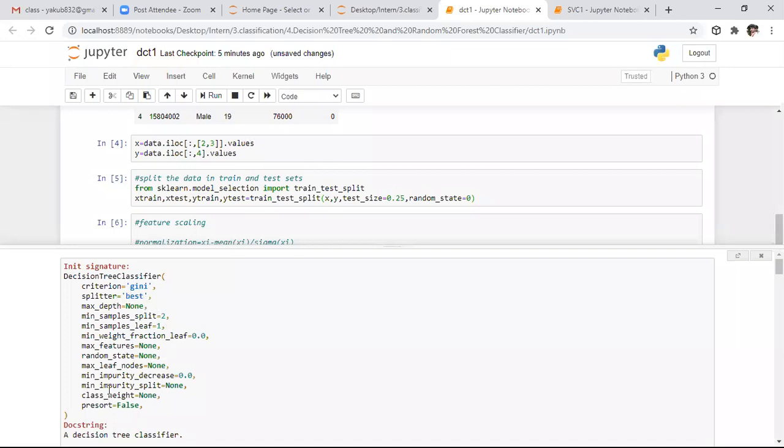These are the different parameters. Out of all these parameters, the important one is the criterion. To form this decision tree, to fix the root nodes as well as to split the entire tree, we have two criteria. One is the Gini index criterion, another one is the entropy criterion. Coming to this project, by default it is the Gini index criterion, but I want to use the entropy criterion for my algorithm.